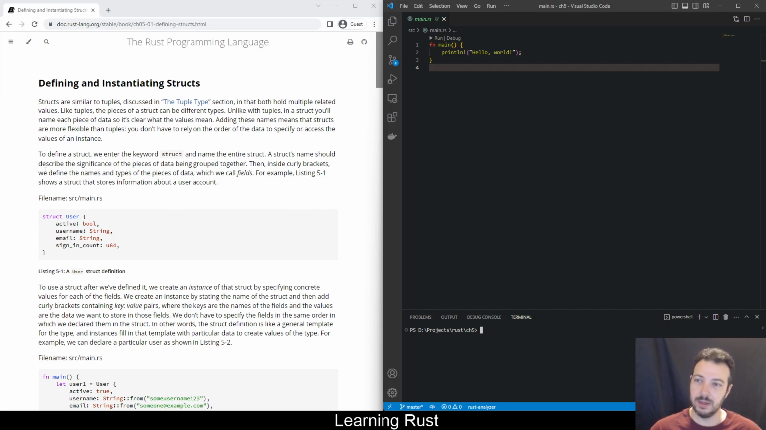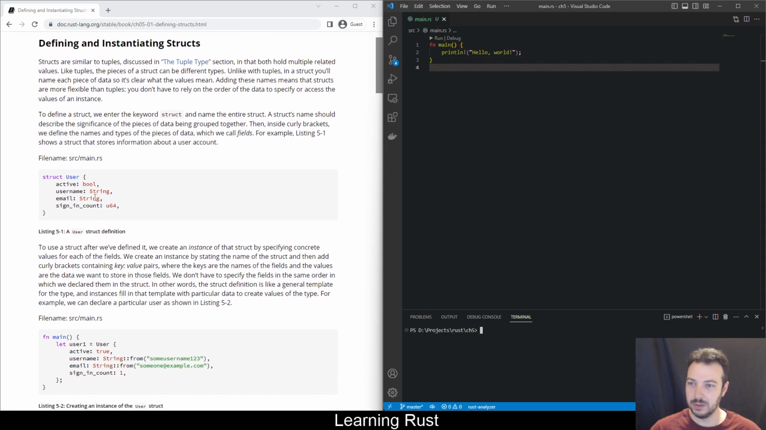To define a struct, we enter the keyword struct and the name of the entire struct. A struct's name should describe the significance of the pieces of data being grouped together. Then, inside curly brackets, we define the names and types of each piece of data, which we call fields. For example, listing 5.1 shows a struct that stores information about a user account. So let's look. We have a struct User: active boolean, username, email, and sign in count,